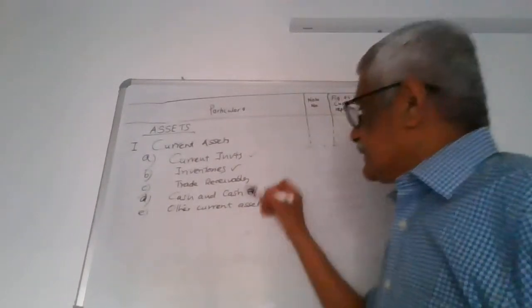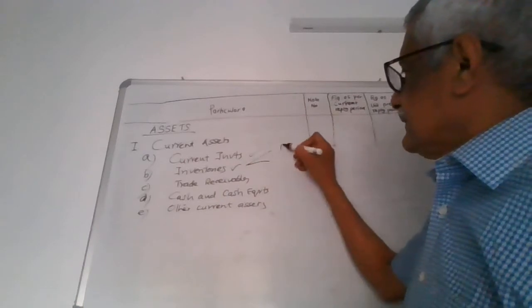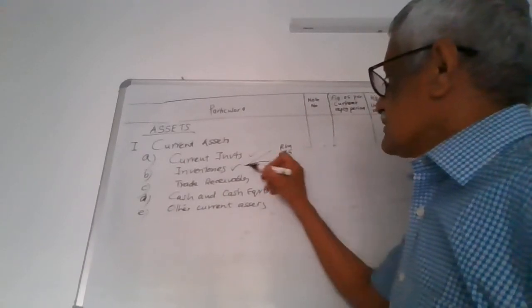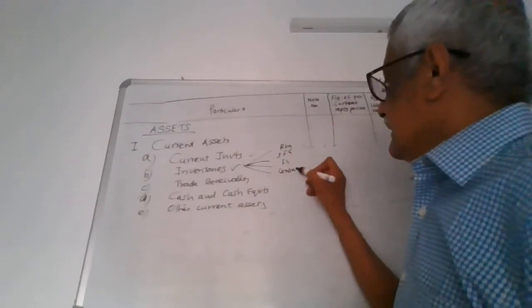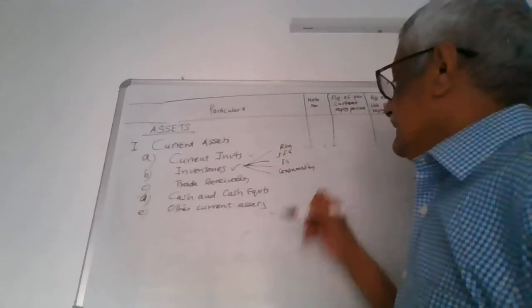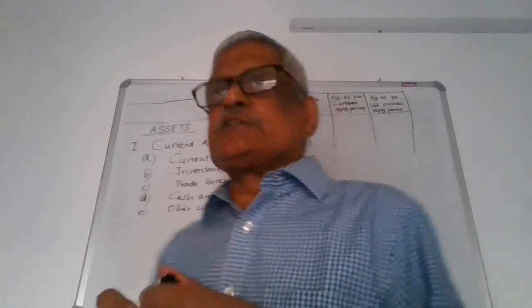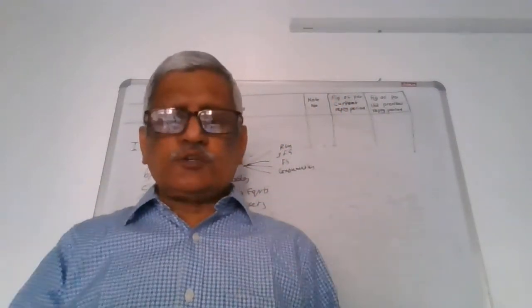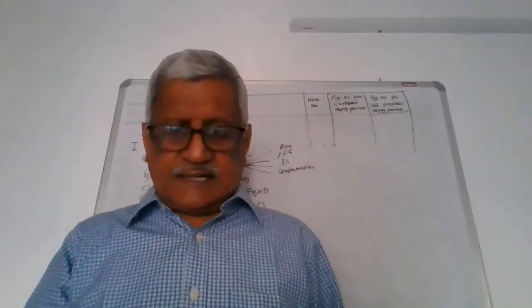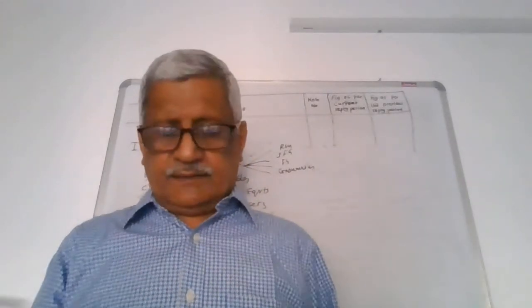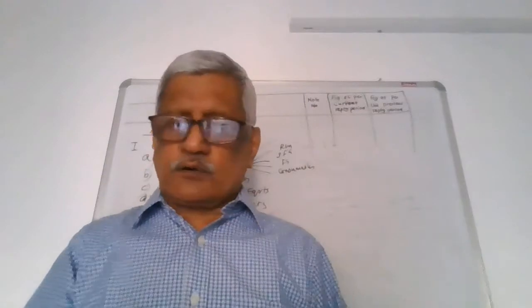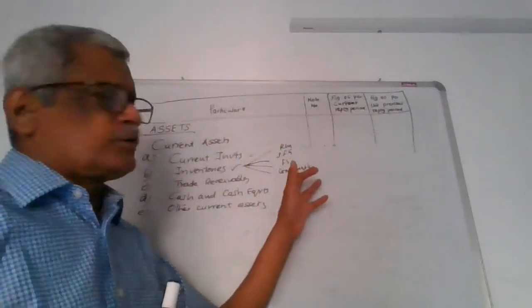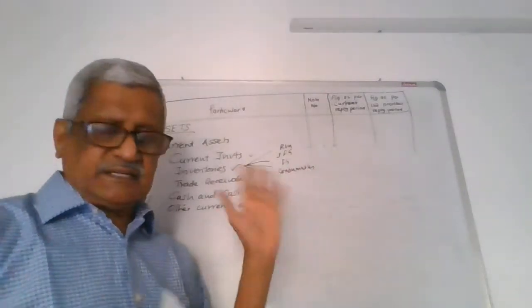Inventories, in a manufacturing firm, are raw material, semi-finished goods, finished goods, and consumables. They come under the category of inventories. When I say consumables, consumables are not for sale. Therefore, they are consumed during the production. For example, lubricants, grease, oil, or even welding rods used. They are all consumed. So any consumable is also a part of the inventories.